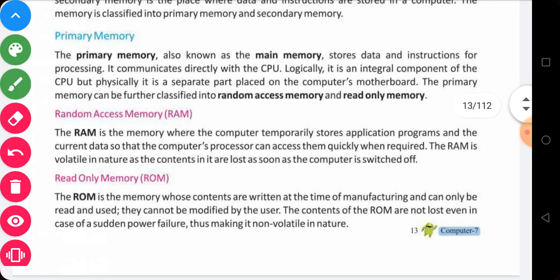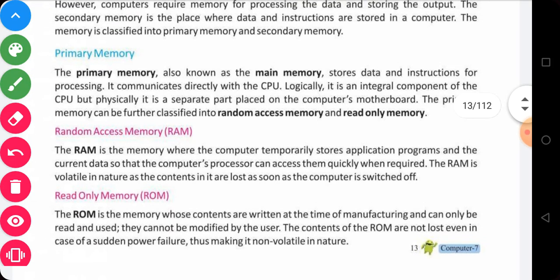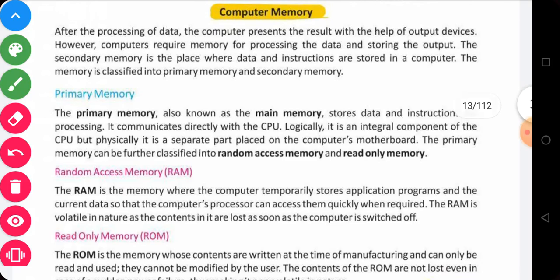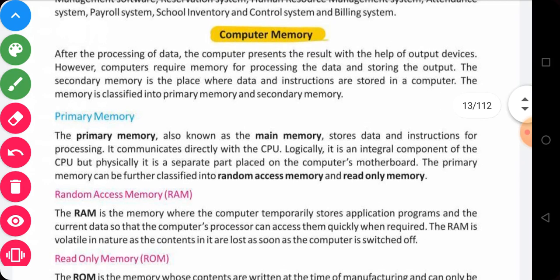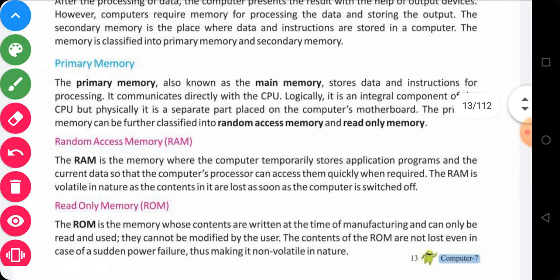In primary memory, generally a predefined instruction set is stored, which is required by the processor at the time of processing information, which we generally provide to the computer with the help of its input device. You already know some input devices, that is keyboard, mouse. With the help of these devices, we provide information to the computer. To process such information, the computer also requires memory so that it can remember what information it has to process. There are two types of memory.